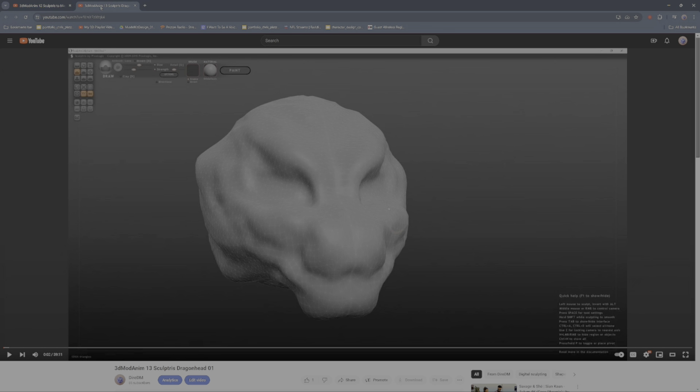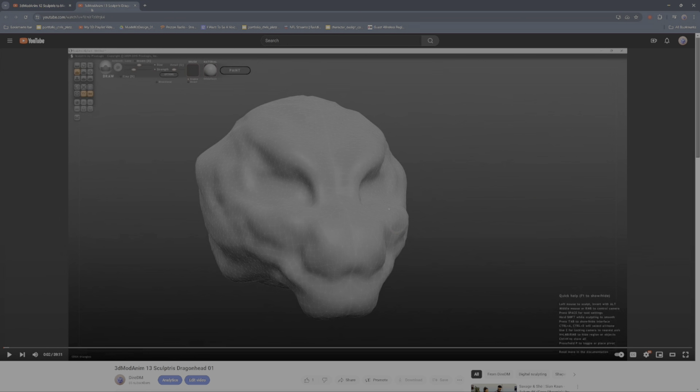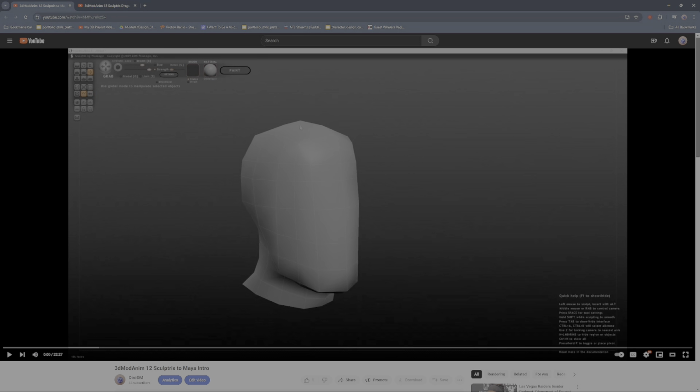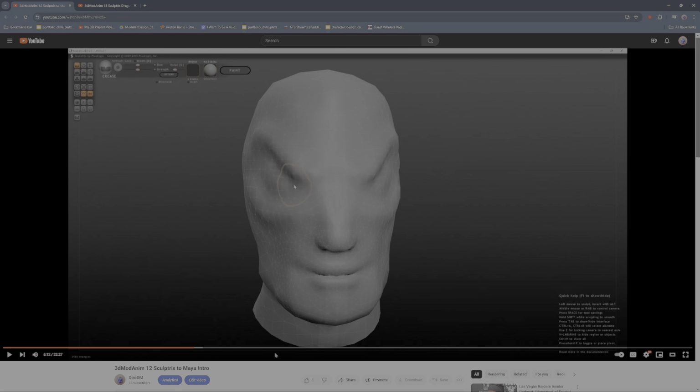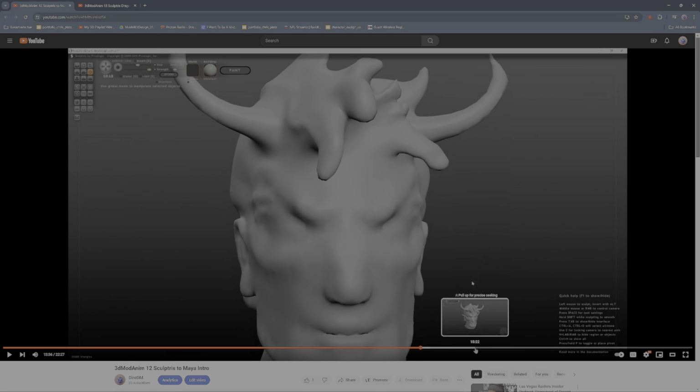Video number 12 and video 13. They're each, this one's 22 minutes, and the Dragon Head demo is 39 minutes. And each one of these runs through Sculptress, which I do prefer, but unfortunately it doesn't work for everybody. So in this one, we run through a real basic helmet shape, which you can make out of a sphere of clay. And then we go through how to subdivide and basically sculpt the whole head bust in